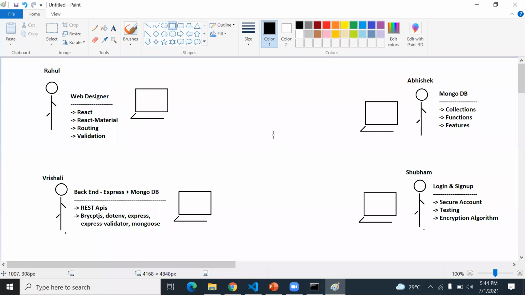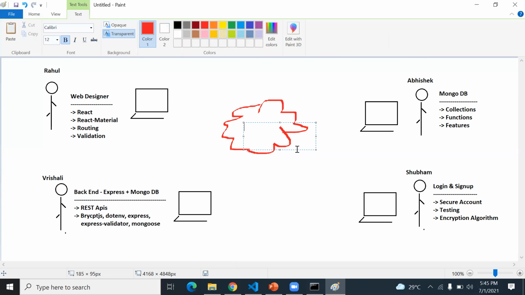To run this single application, we'll take the help of this concept called Git repository. So here is the repository. This Git repository will help you contribute your project work together.